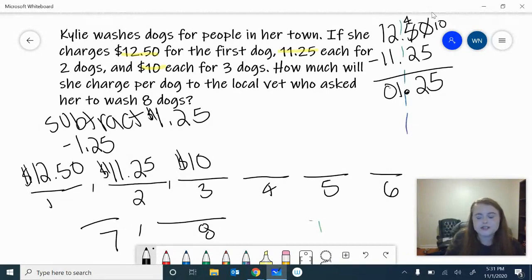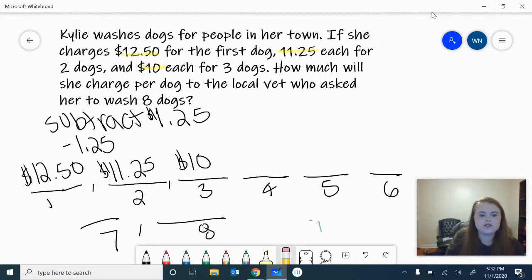So I have to fill in all these blanks. So let's get started. We're going to subtract 125 from each of these numbers. We're going to start with 10. Now remember, if I say 10, I can add a decimal and 2 zeros after it because it goes from $10 to $10. It stays the same, but we are going to need that decimal and those 2 zeros in order to draw our magical decimal line and to subtract